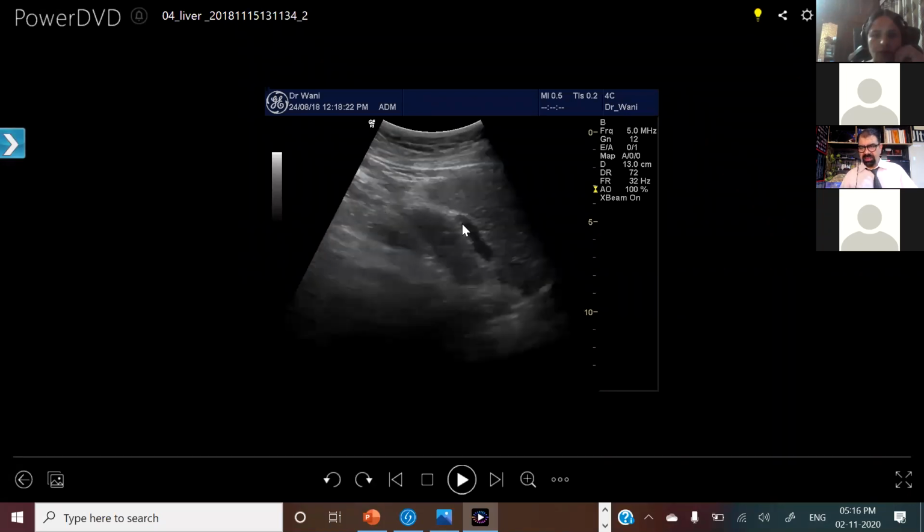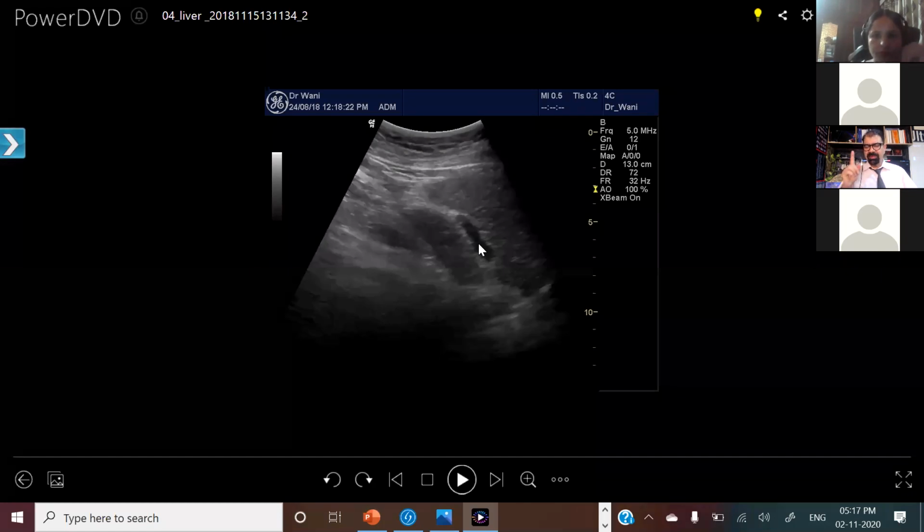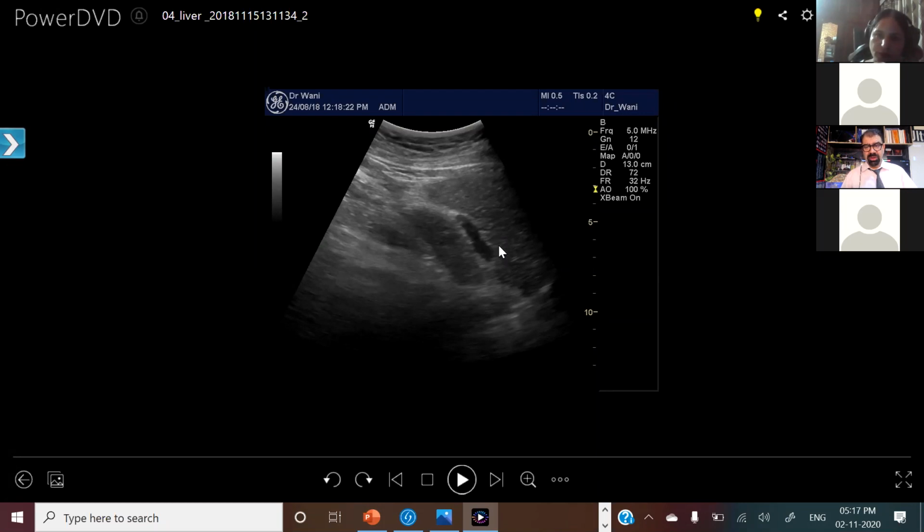Now this is the left portal vein. I am giving you a clue that this is the left portal vein. Dr. Harvinder, the right portal vein will lead me to the neck of the gallbladder, yes or no? Yes, sir. But the left portal vein will lead me to the ligamentum teres. This is where I have to look for the ligamentum teres, and for any recanalization in case of portal hypertension.